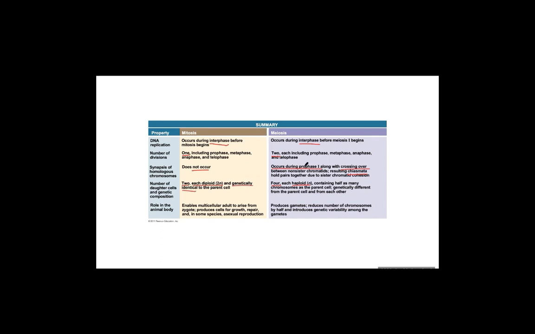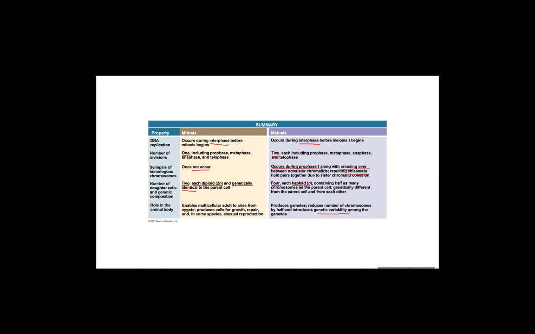In the case of meiosis, each daughter cell has a different genetic configuration compared to the parent cell and even compared to each other. The role in animal cells: mitosis enables a multicellular adult to arise from a zygote, for growth, repair, development, okay? And in the case of meiosis, it produces gametes, reduces the number of chromosomes in half, and introduces genetic variability